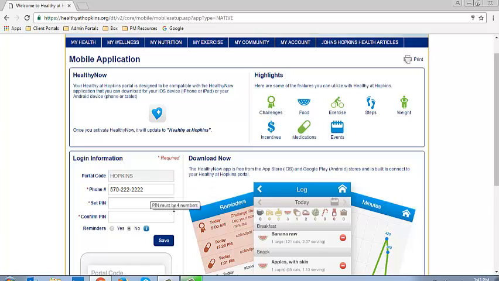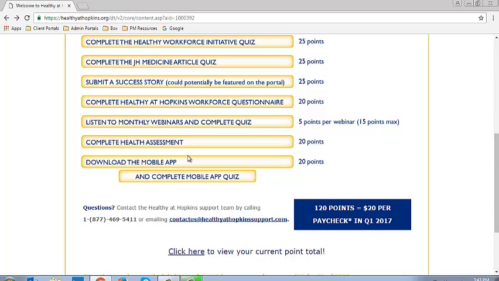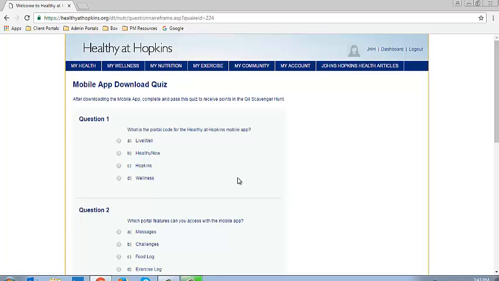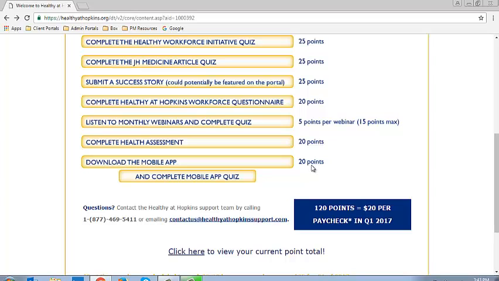It's going to prompt you for the portal code, your PIN number, and then anything that you do moving forward in your mobile app is going to resonate and upload properly on your online portal here, and vice versa. Anything that you track online through a normal computer will also be updated through your mobile app. So to receive the points for the mobile app, you'll need to come back to this page and select Complete Mobile App Quiz. And again, upon passing that quiz, that's when you'll receive the points associated with that last line